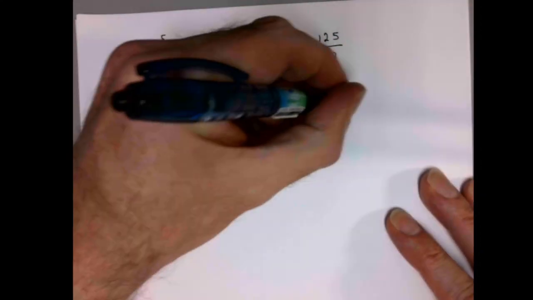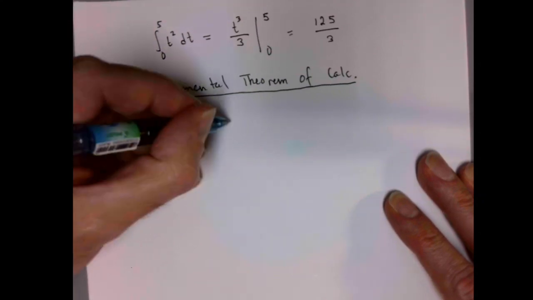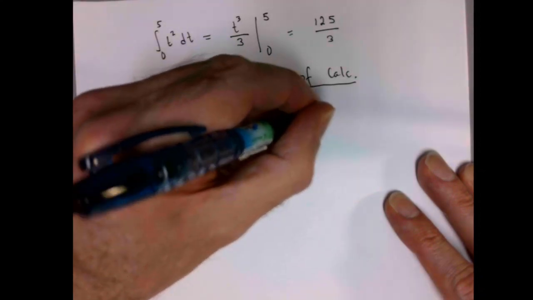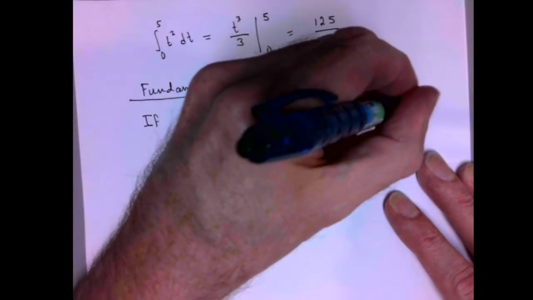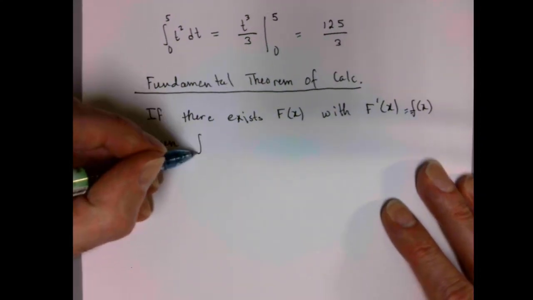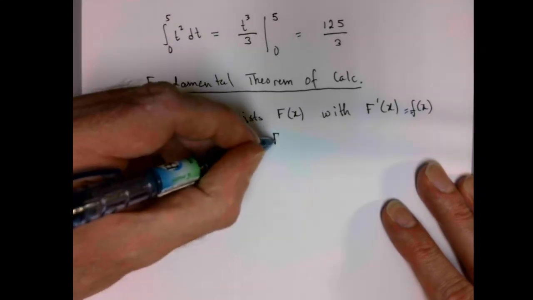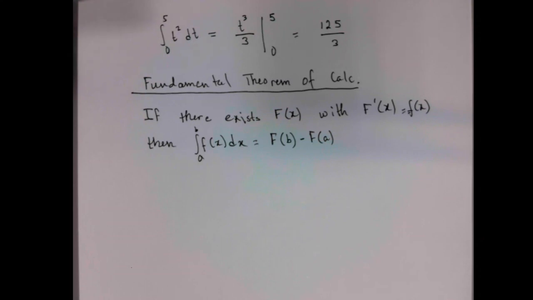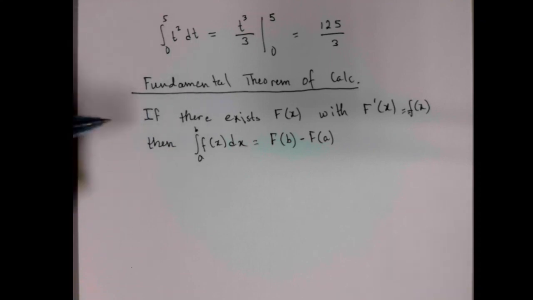Okay, and that says if there exists F of x with F prime of x equal to little f of x, then the integral from a to b of little f of x dx is equal to F of b minus F of a. All right, so in other words, these definite integrals can be computed using antiderivatives if they exist,